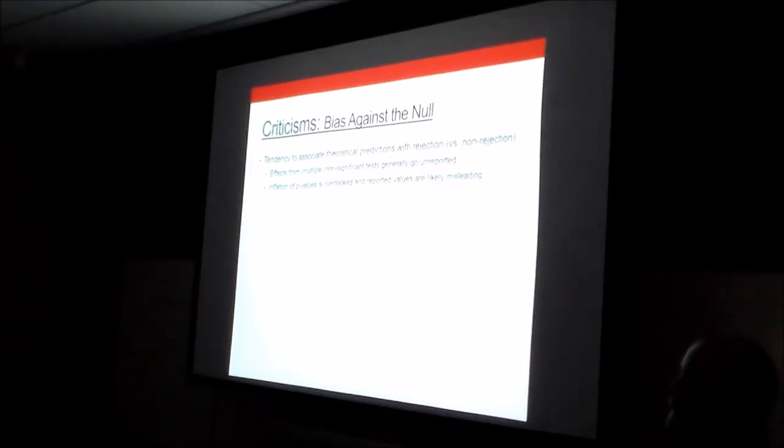And so the only effects that do get published are those that are very high, and probably what happens then is that we get an inflation of effects as a product of this publication bias. So if this is the range of an effect that we get,